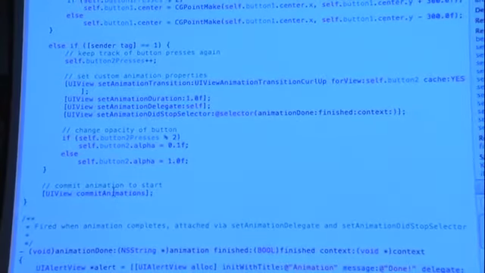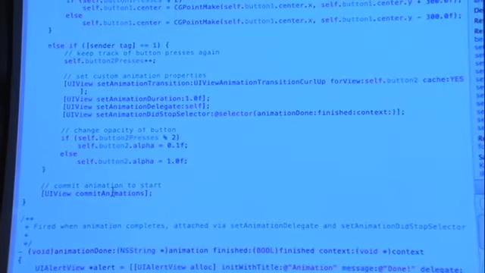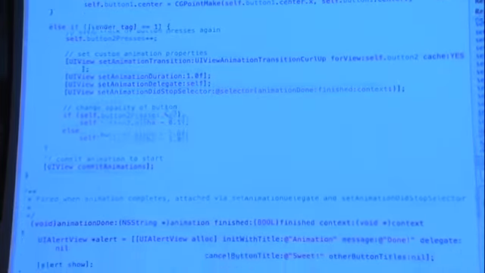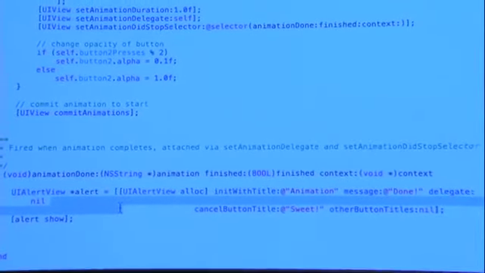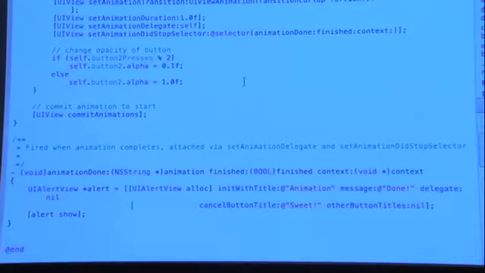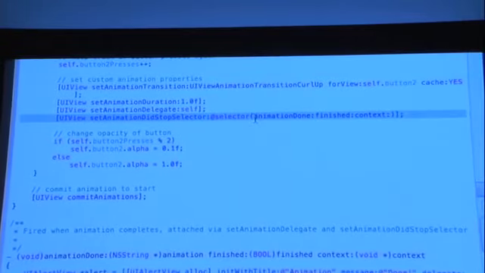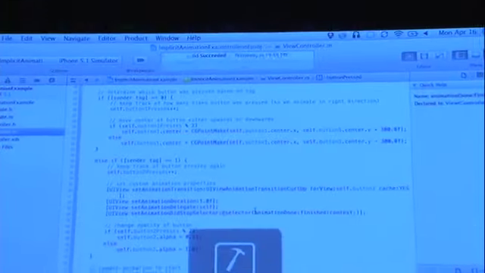And so now when I say commit animations, I'm going to start all of my animations that I've defined. And so finally, this callback is super simple. I'm just going to display an alert view once my animation has finished, because that's what I said up here, set animation did stop. So